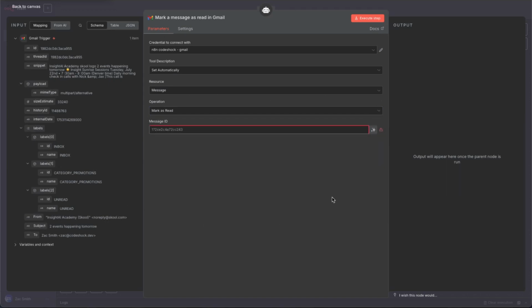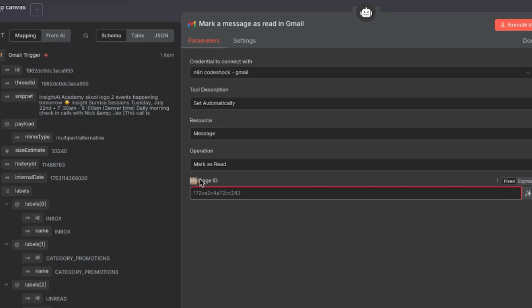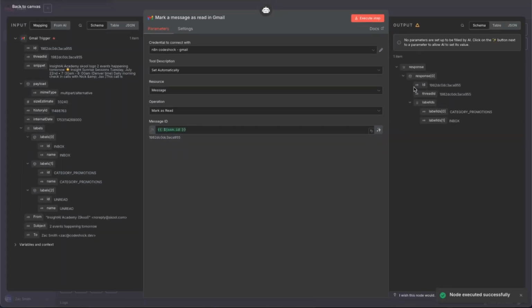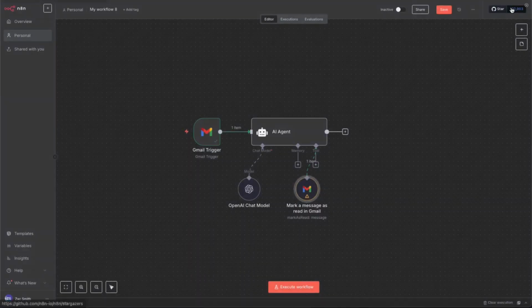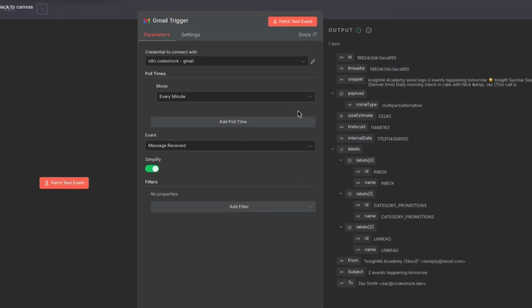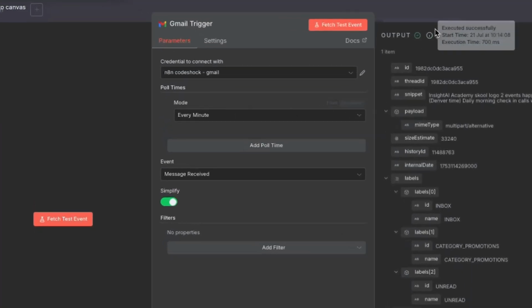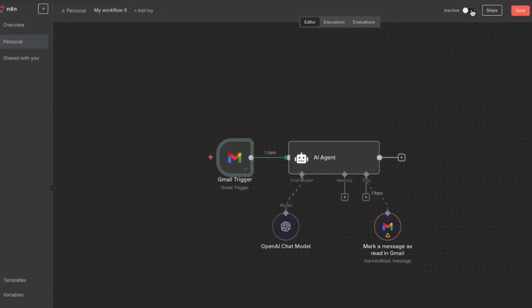And notice everything is gone here, and we need a message ID. So we grab that right here and we just drag that right on over. Now when we execute this step, let's do that. All right, we have a successful node completion, and let's close this down. And so now we could set this on a trigger. If we come back over here and we look, it's triggered to run every minute. So if we set this as active,